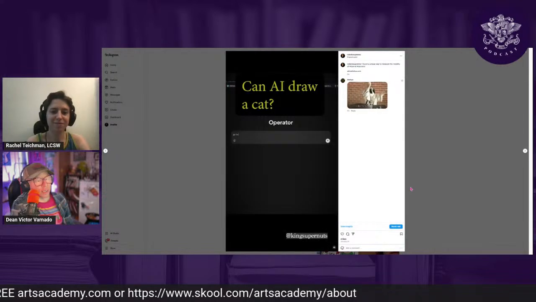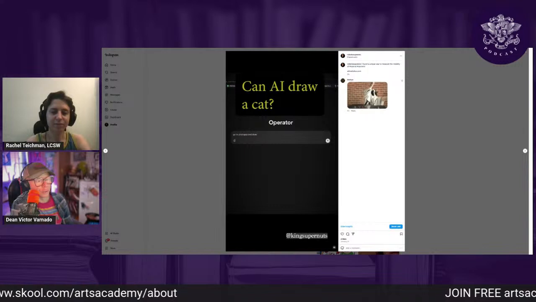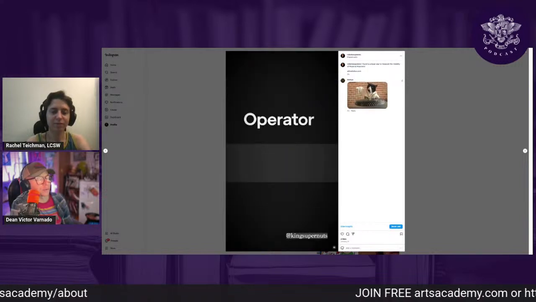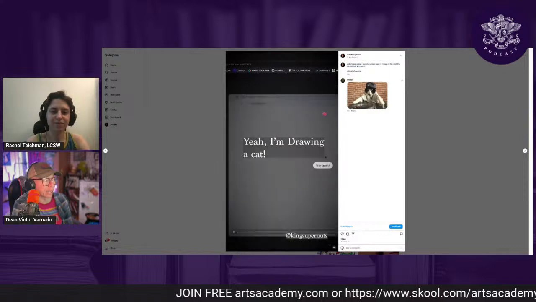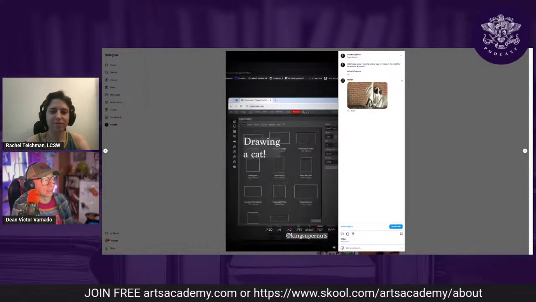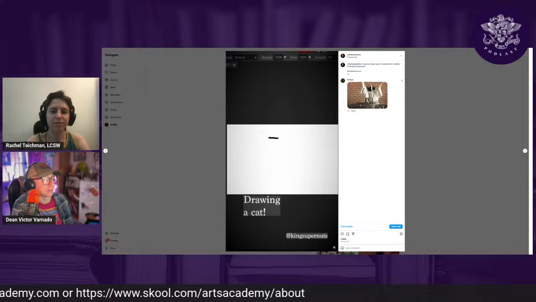So that was actually me using OpenAI's Operator tool, and I told it to go draw a cat, and then I just captured the screen of it doing its thing, and it was drawing a terrible cat. And then I wrote some lyrics and used AI to make music to it, and then cut it together.